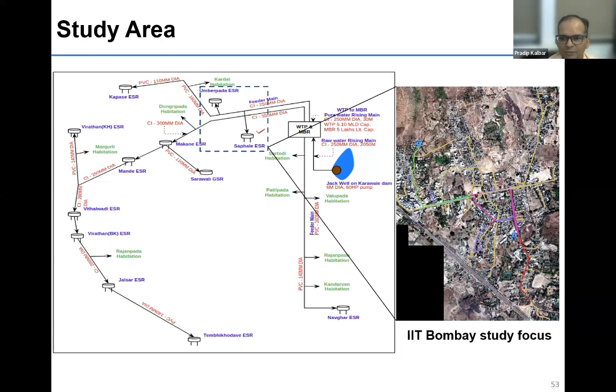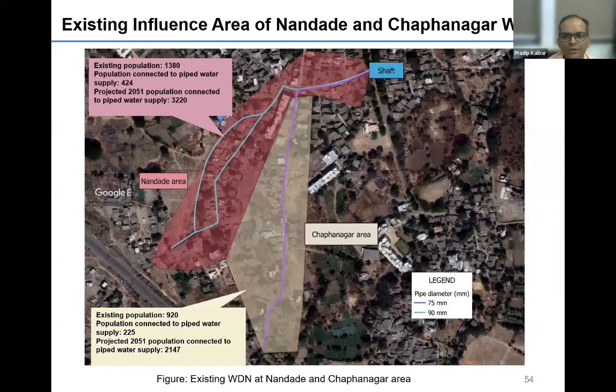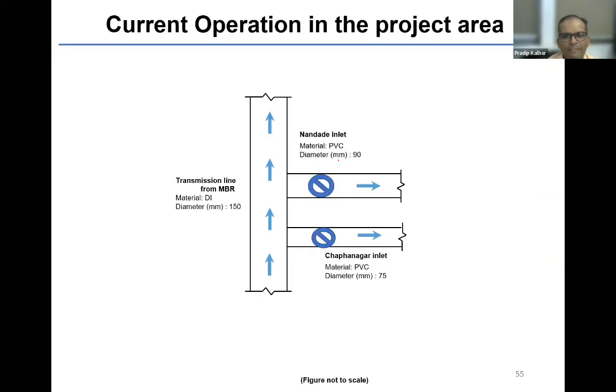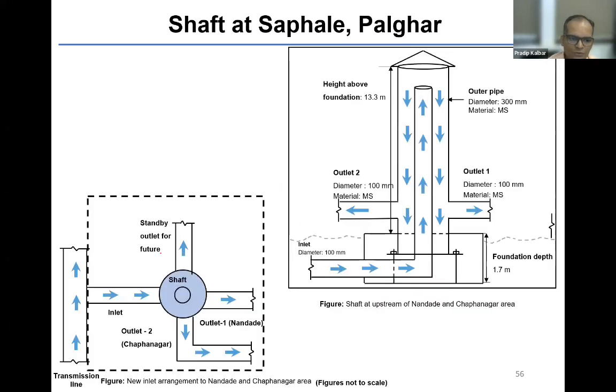So we constructed the shaft. First, we monitored the entire area. You can see a lot of multi-story buildings here in this area. The existing tank was in this area, so they were taking water here and again bringing it back to the habitation. Instead, we constructed a shaft on the way to the habitation itself. We planned these two zones, Safanagar and Andare, and kept a few more outlets for future use. From the transmission line, they were operating these two lines by bypassing the tank. So we used this pipe as an inlet to the shaft, and this shaft was constructed.